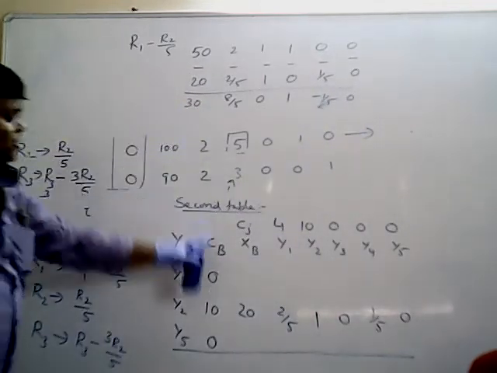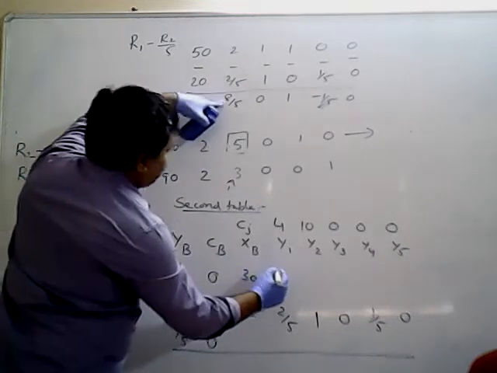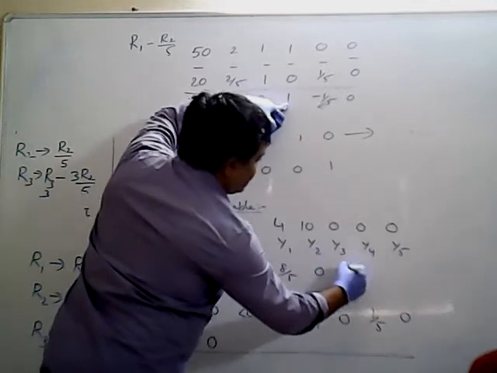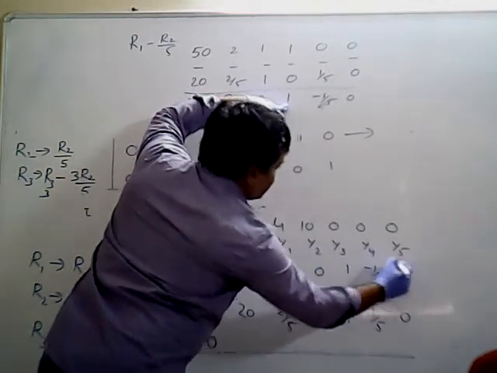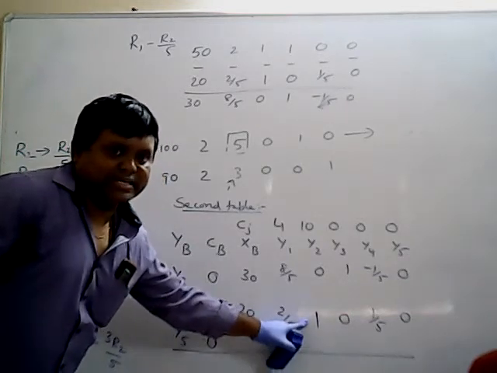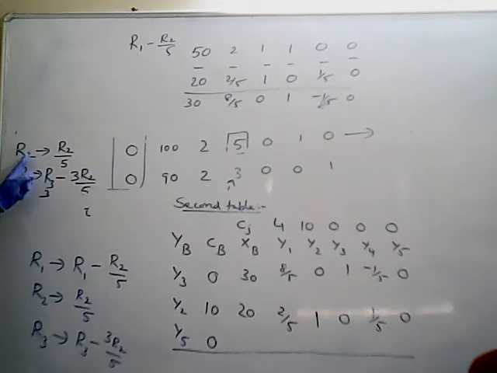First row operation means first row you have to copy. So these are fine. So what is the first value? 30, 8 by 5, 0, 1 minus 1 by 5, 0. See this one. Key element is 1. Y2 enters. Y2 enters. Key element is 1. Other element is 0. Okay. Next one. This one is completed. This second row is complete.